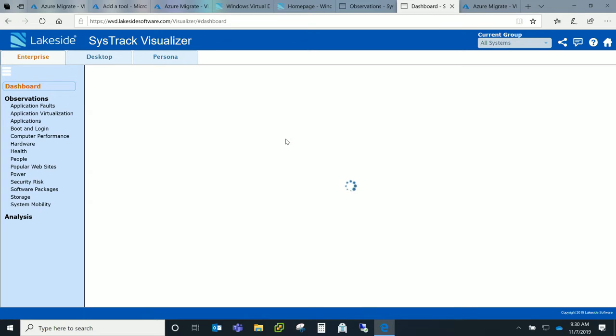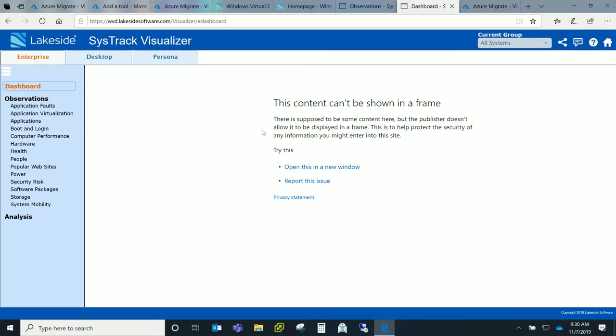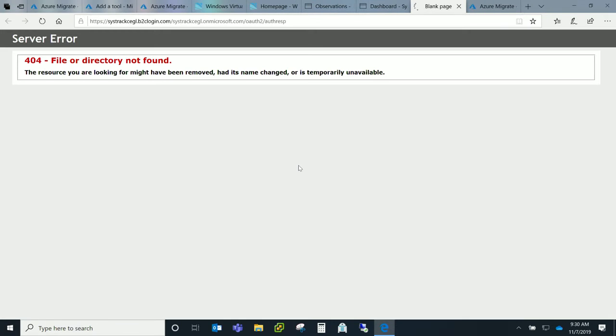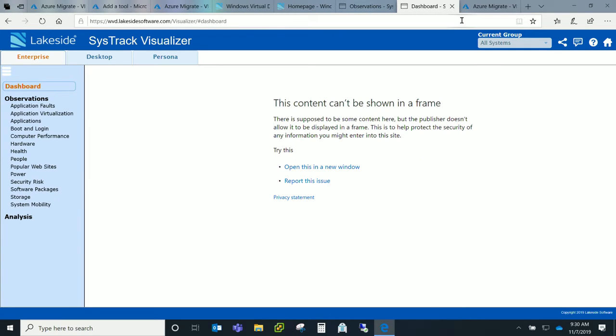Last but not the least, Lakeside also provides you a user experience score per user. And this is really useful when you want to do a before and after kind of analysis, where you can run this report on-prem to identify how the experience is for your users on-prem. I think it is not loading up, but that's OK. I can just talk through it. But essentially, what it lets you do is understand whether your users are facing any latency issues on-prem, what the score of the user is from an experience perspective, and you can do the same analysis after you have migrated to compare whether it was a good decision for you to migrate to Azure or not.